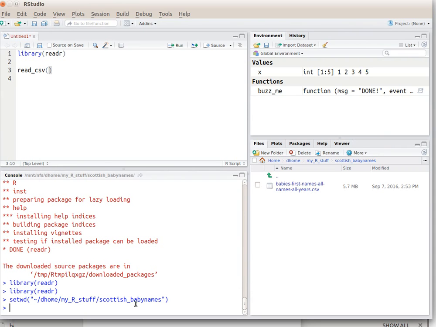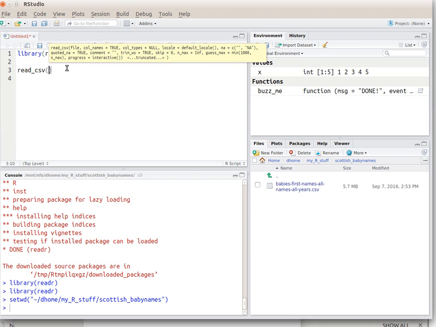Okay? So that's very important: when you're going to load in a file, you should point your session working directory to the location where that file is. Okay, so now we can go back and type in our read CSV function. Okay, so read CSV, again, we see the tooltip telling us the first argument is the name of the file. I can start typing the name of the file, babies. Now watch what happens. I don't have to type that full name. If I just press the tab,